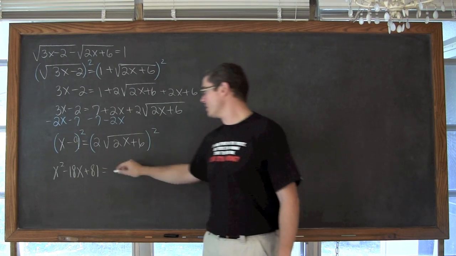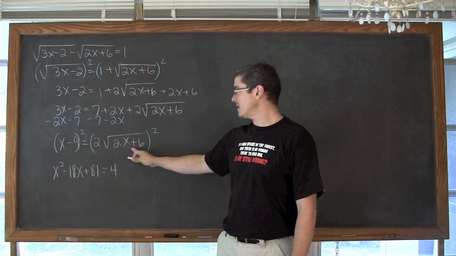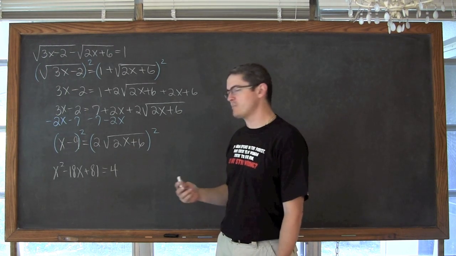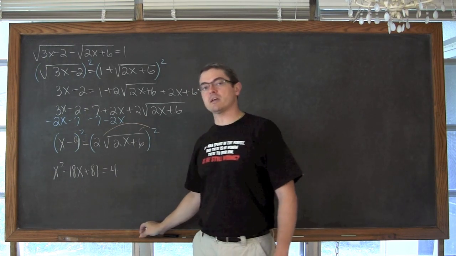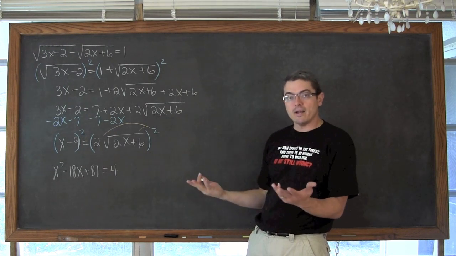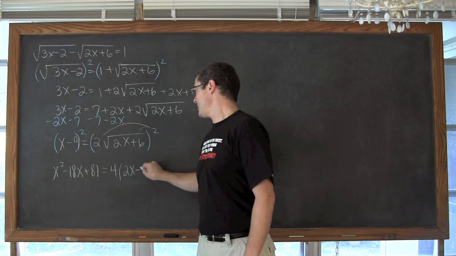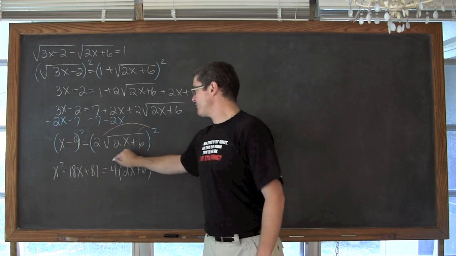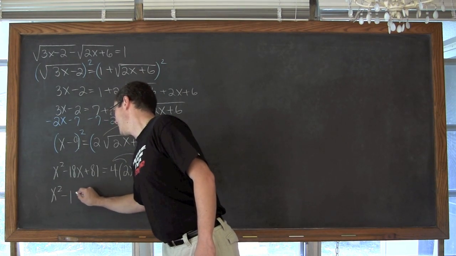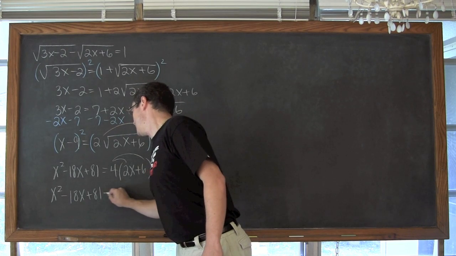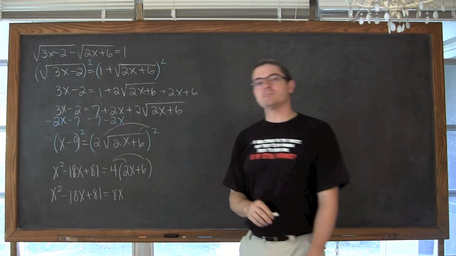and then over here we have 2 squared, which is equal to 4, and the square root that's in the second factor of this term is going to get canceled out by the power of 2. It's basically going power to power. I'm applying the 2 to the 2 and applying the 2 to the second factor, which is the square root of whatever, 2x plus 6. So the power of 2 and the square root can cancel out, and so we have 4 times 2x plus 6. So we're going to distribute that 4 through to get rid of the parentheses, and we get x squared, see that sun going away again, minus 18x plus 81 is equal to 4 times 2, which is equal to 8x, and then 4 times 6, which is 24.